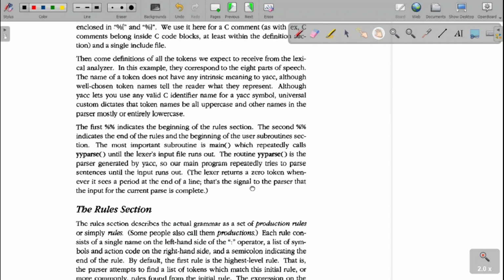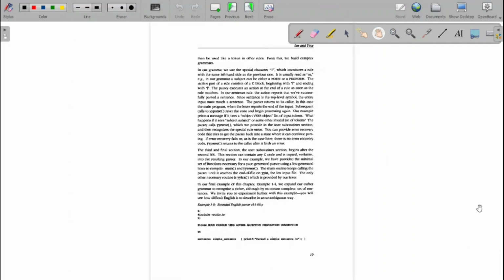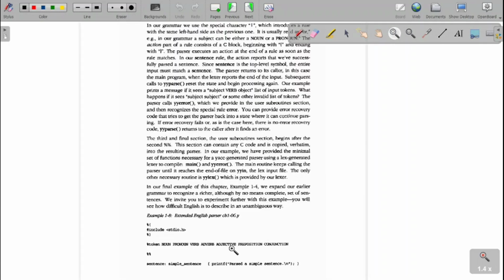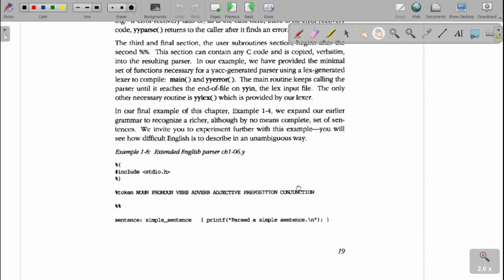Fine. In the Yacc program, you need to remember that again it is having three parts, similar to that of your Lex program. The three parts are first the definition section, rule section, and user subroutine section. But in the rule section, in place of pattern, here we are going to write the grammar. And adding to this, one more function we are using, that is yyerror, which will be executed whenever there is an error in the parsing.